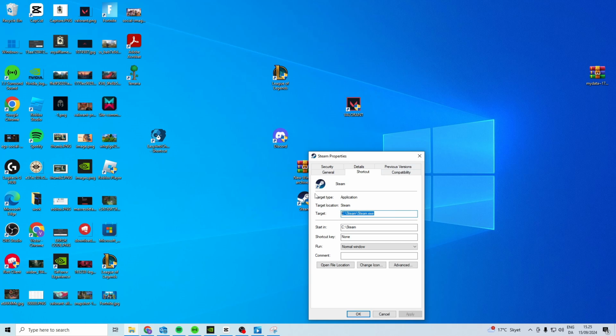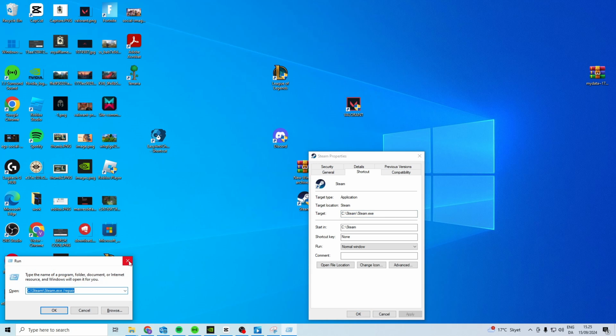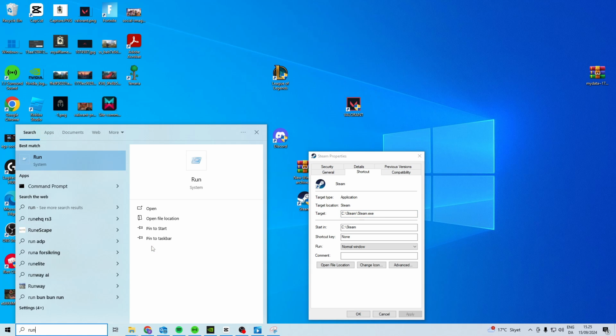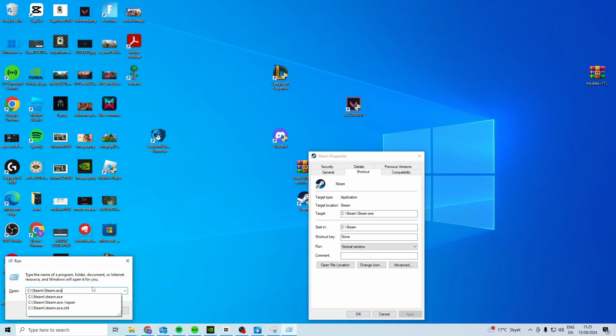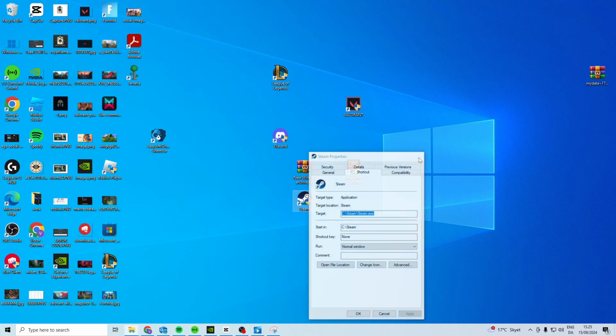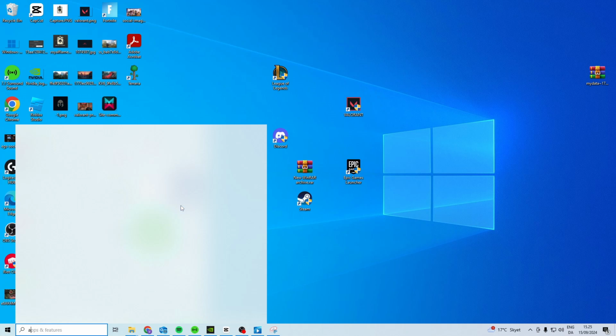Now you want to press Windows button R to open up Run, or you can simply search for Run down here. Now in here you want to copy paste, press space, /repair and press OK. Now what this will do is it will open Steam in a repaired mode and this can solve your issue. Now if this doesn't work, another thing we can try is we can come down here,